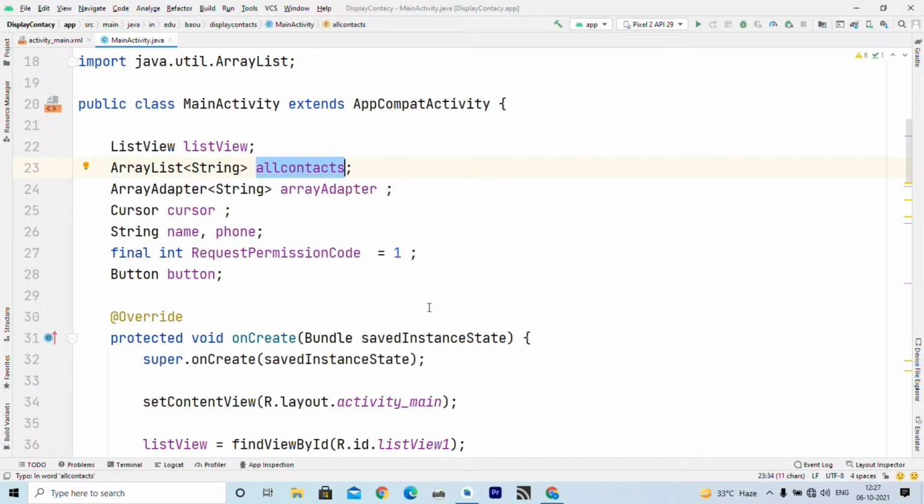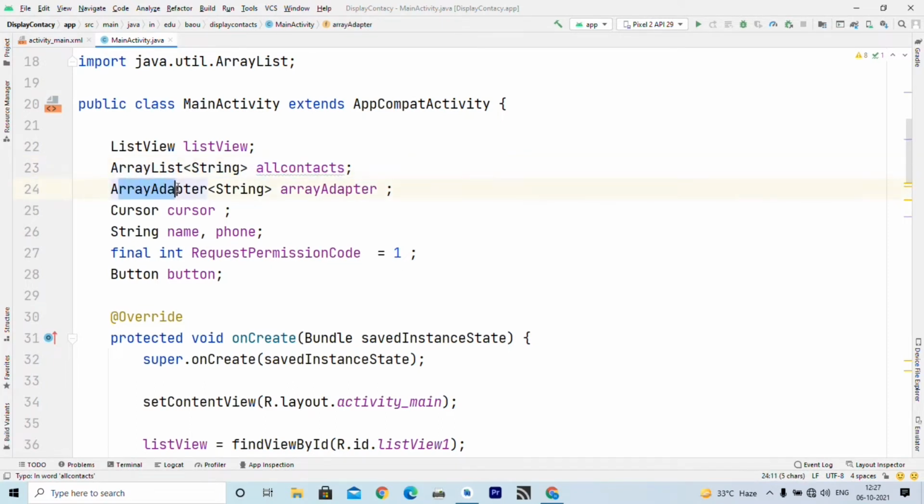Why have we not taken a simple array of strings? Because we do not know how many contacts are there in your phone. It may be 10, it may be 100, it may be 1000 or more than that. So, to dynamically allocate data we have to declare an array list. For that we declare this array list of type string, and the name of the variable or object is allContacts.